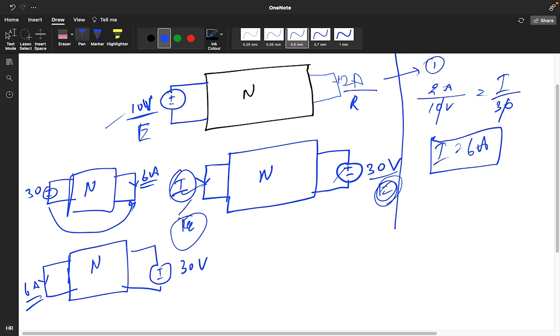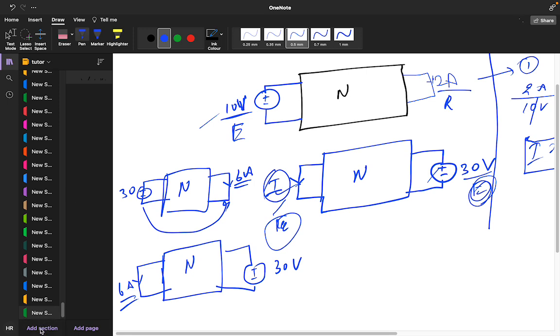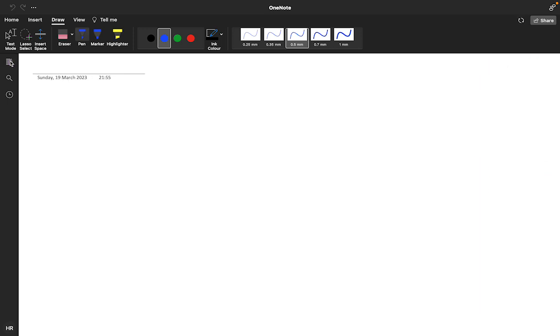Okay, if it is clear, then solve this question. You need to find the value of a current when the network follows the reciprocity condition. So the question is, the network is following the reciprocity condition. I am not writing the question. Your question is